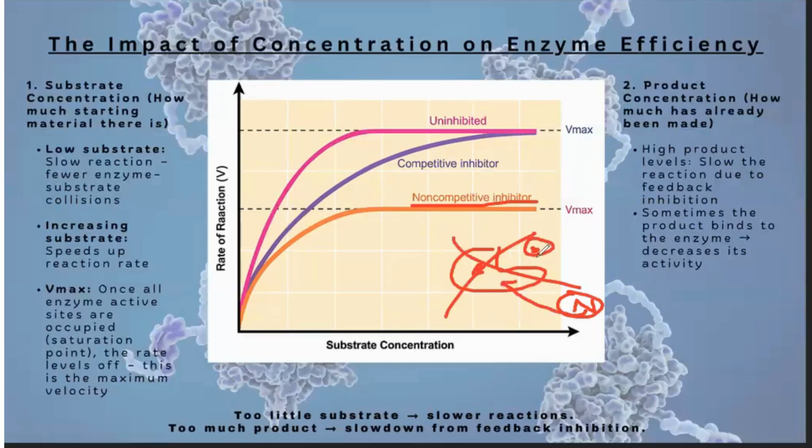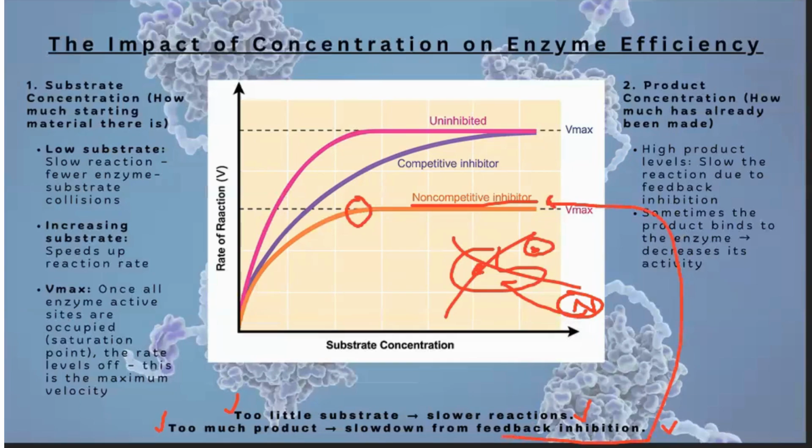Straight right there. It doesn't matter how many substrates are there, and so it's going to stop a lot quicker to receive that V max. So essentially what this means is that if we have too little substrate, we have slower reactions. If we have too much product, we slow down from what we call feedback inhibition, which basically means we have